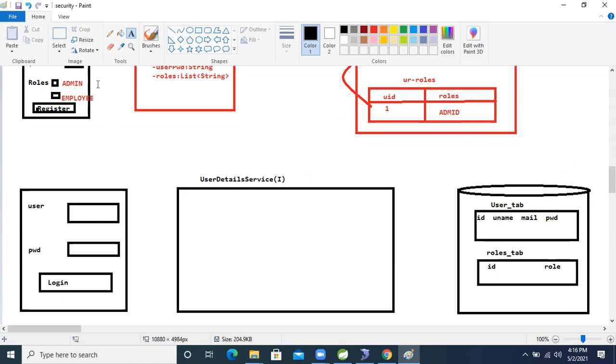Inside the UserDetailsService interface, one method is there.